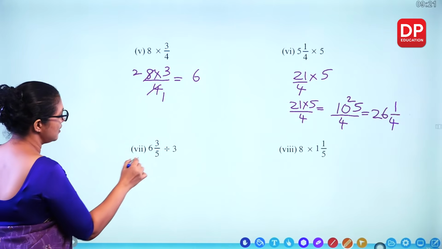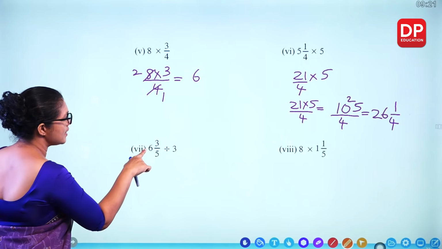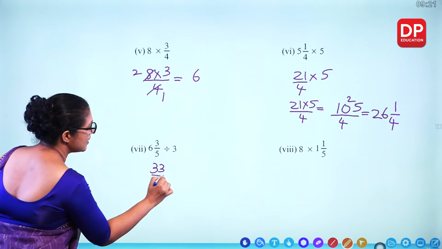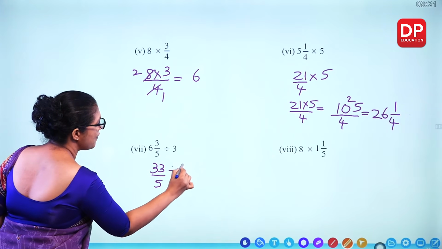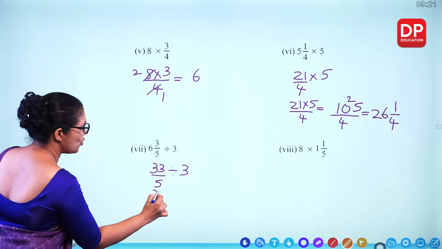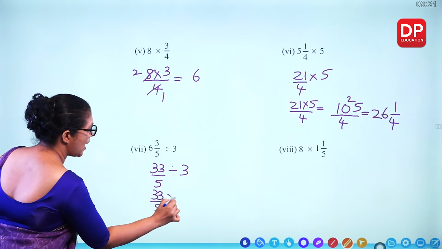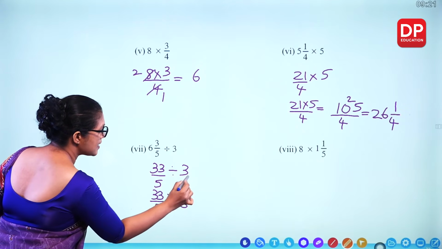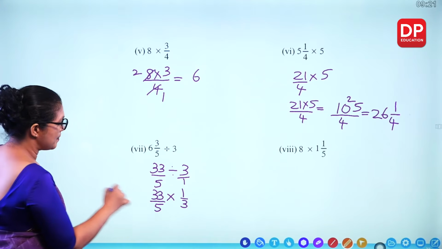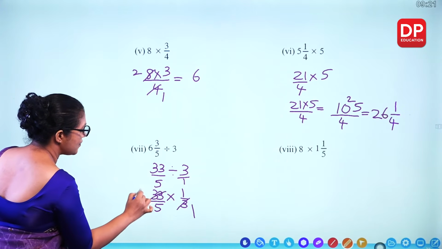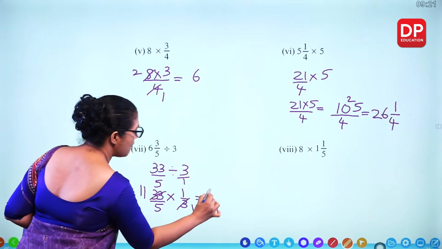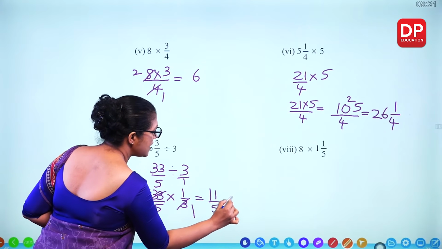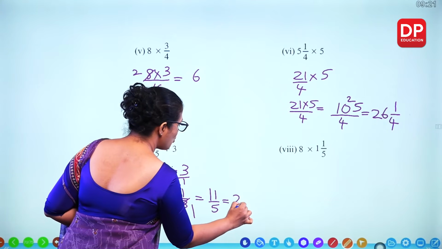This one. Convert to improper fraction. 30 plus 3, 33. Divide by 3. So what you do? Convert to multiplication by taking its reciprocal. 3 times 1 and 3 times 11. 11 over 5 you can write as a mixed number, 2 and